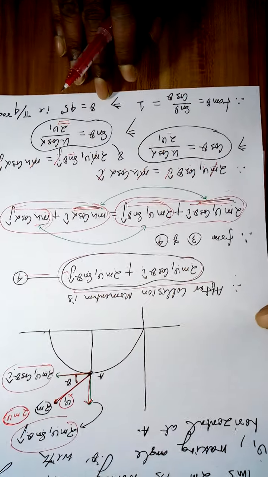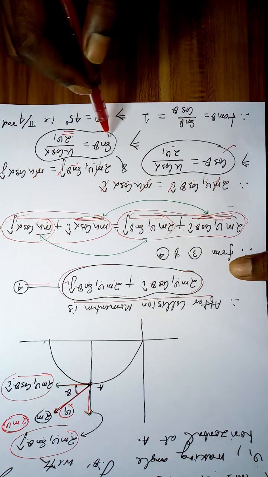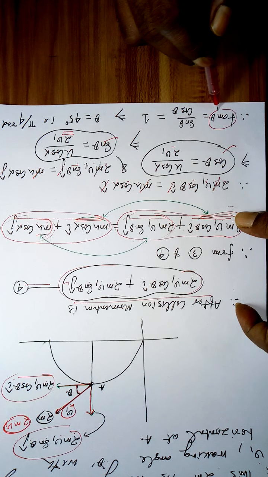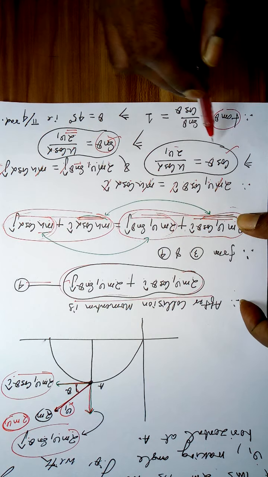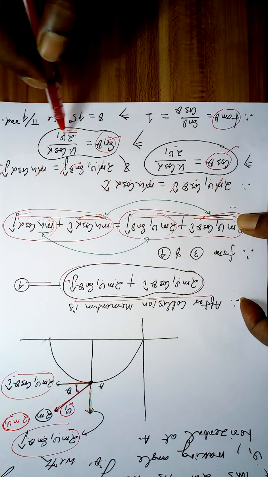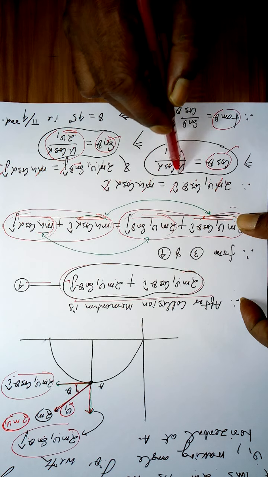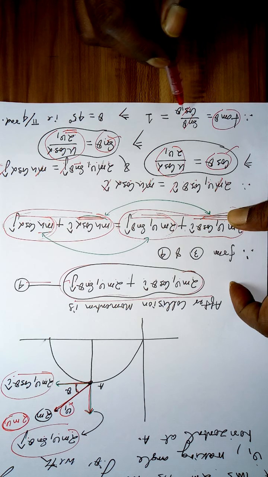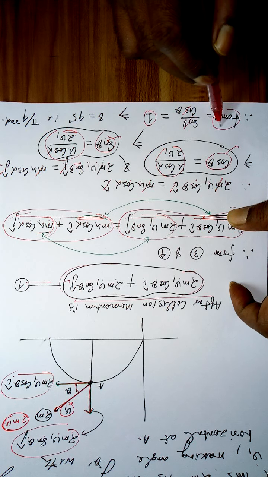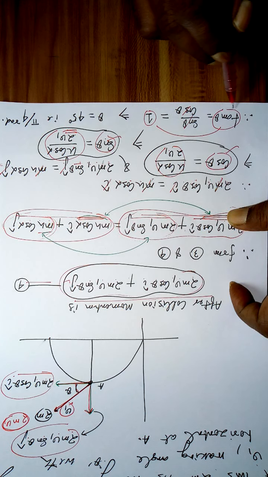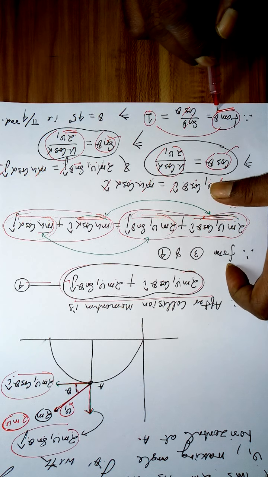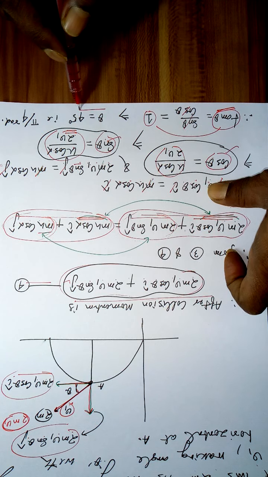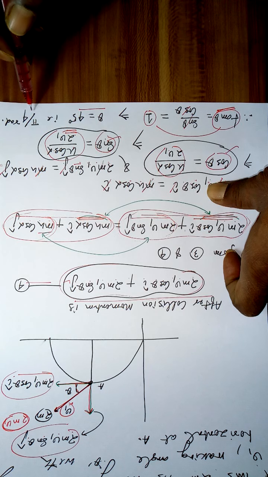So now I know cos theta, and now I know sin theta. Therefore tan theta is equal to sin theta over cos theta. And sin theta is the same thing as cos theta, so they are equal and they cancel. So the result is 1. And where do we get 1 in the trigonometric table? For tan theta. Therefore theta is 45 degrees, which is the same thing as saying pi by 4 radians.